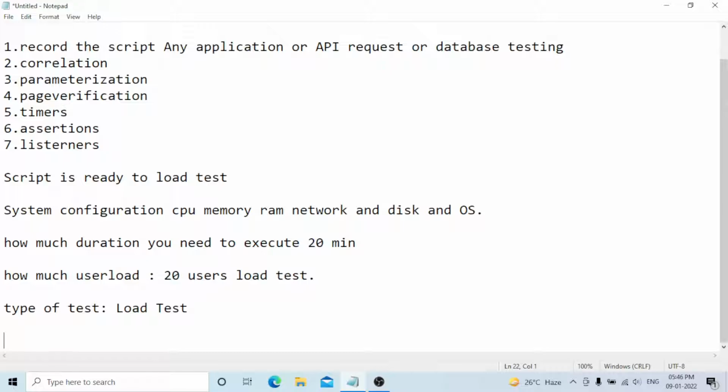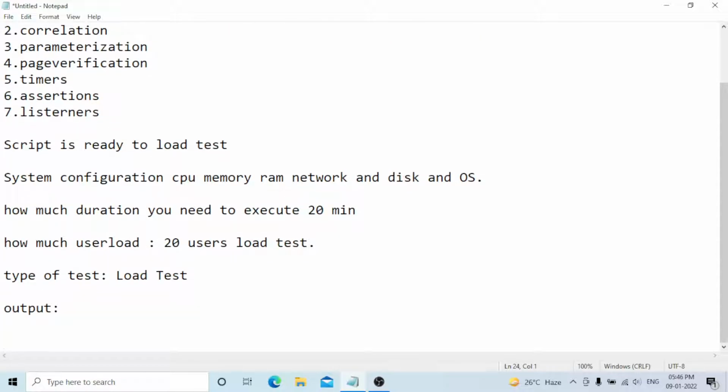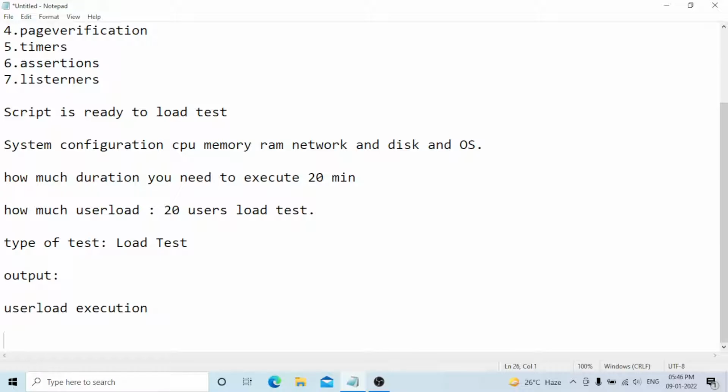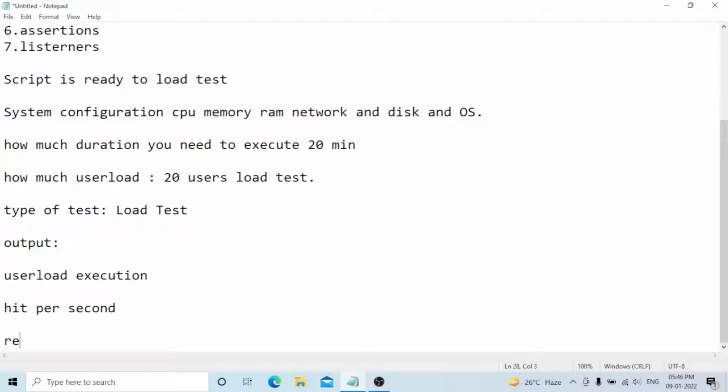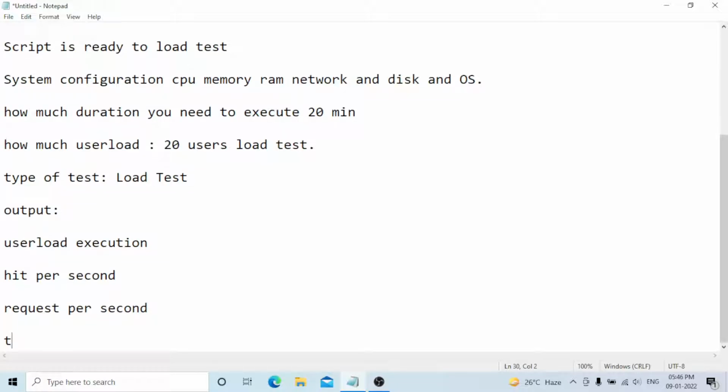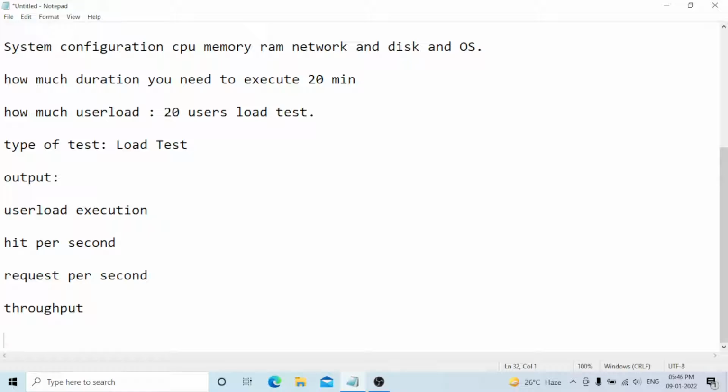For example, the output: one is user load, user load execution, hits per second, requests per second, and throughput. Throughput is very important, everyone will be expecting it. You need more throughput based on your project requirement.